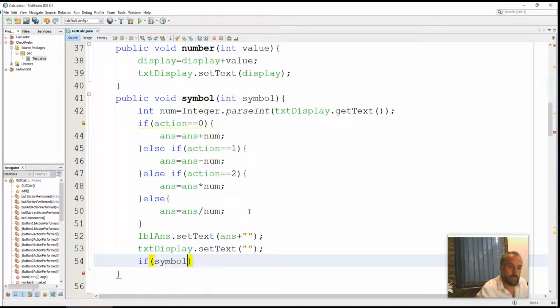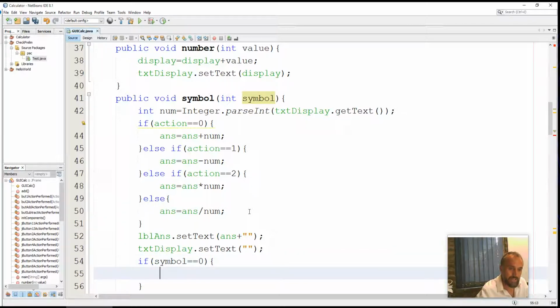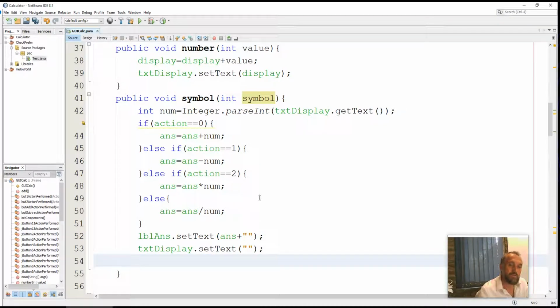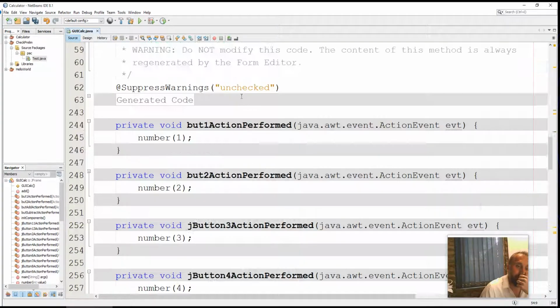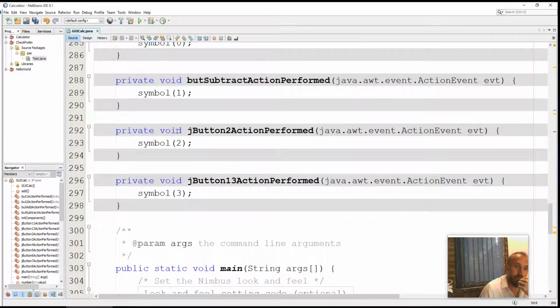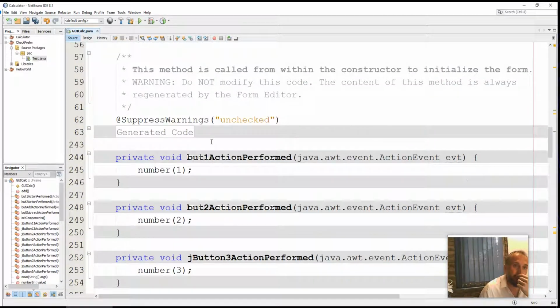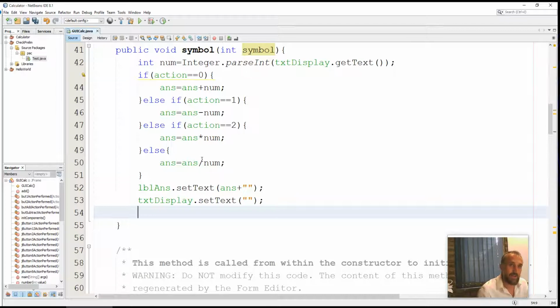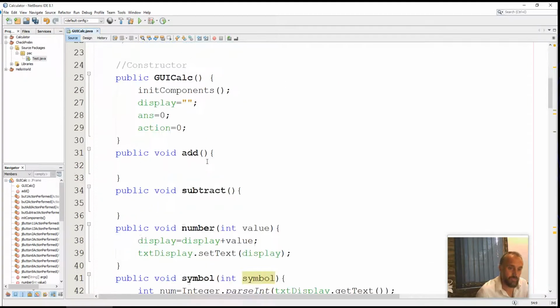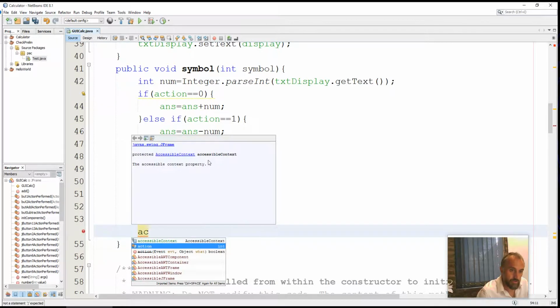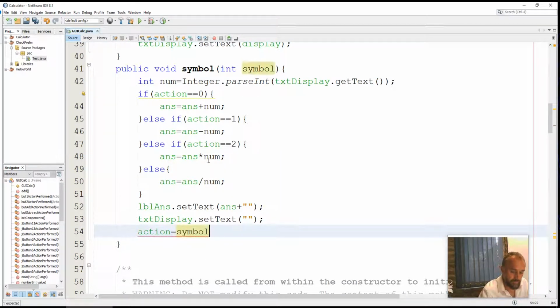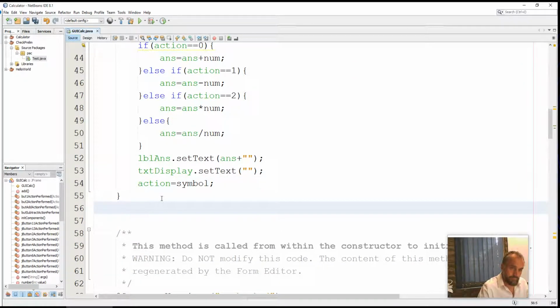If symbol is equal to 0, yeah, is equal to 0, that means the user pressed add. We don't actually need to do that, because here we're sending through directly in our actions. We would send through the correct value on which action they're doing. So all I need to do is I need to say now my current action is going to equal the symbol that the user pressed, semicolon. Now for the equal sign, we're going to do something slightly different. So now if the user presses equals, I'm going to say